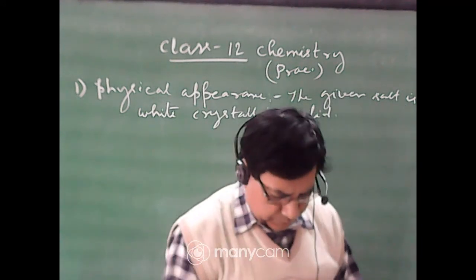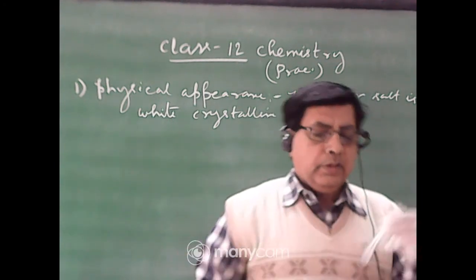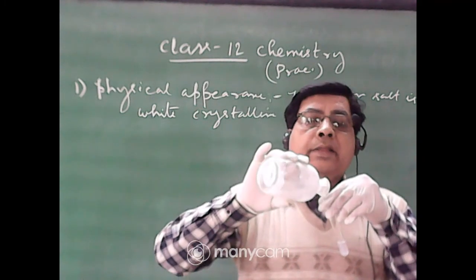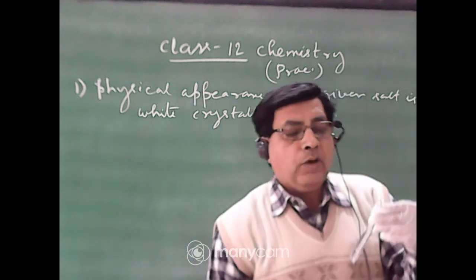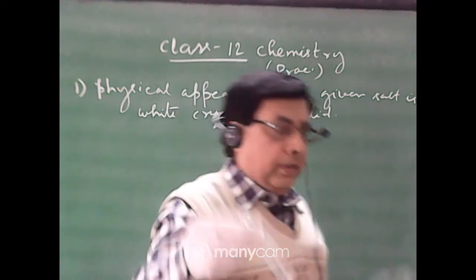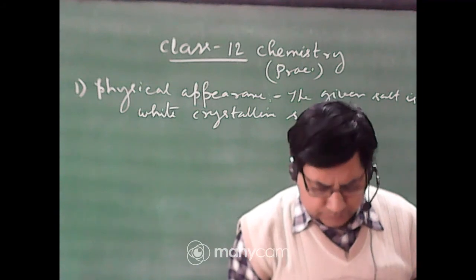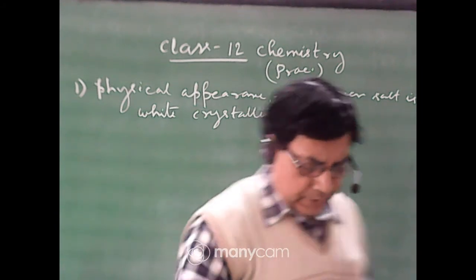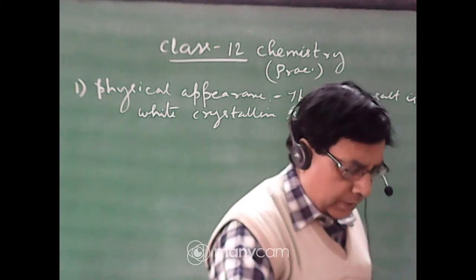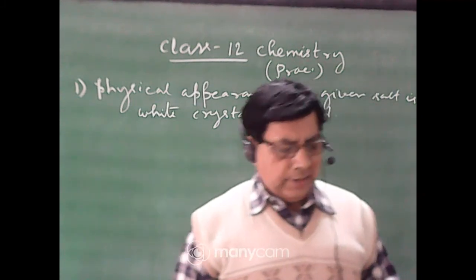First you add a very small amount of sodium hydroxide solution. See, a gelatinous white precipitate is formed. Then you add excess sodium hydroxide, and you observe the precipitate gradually dissolve and become a clear solution. That means it is zinc ion. Two confirmatory tests: one was potassium ferrocyanide, a bluish white precipitate. This is the main test. Another is sodium hydroxide, a gelatinous white precipitate that is soluble in excess NaOH.